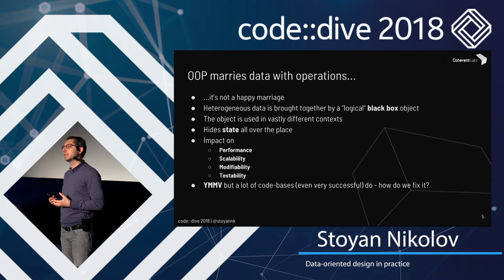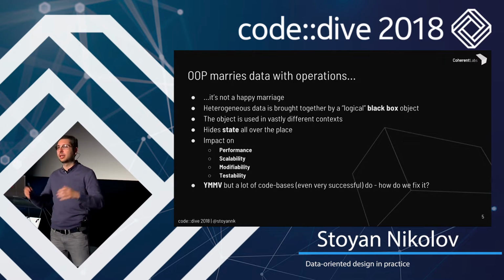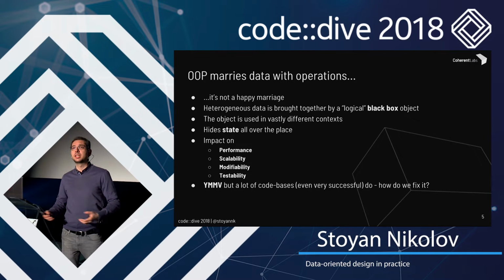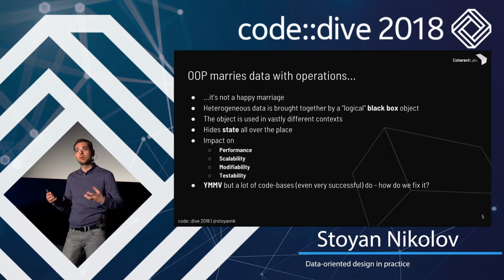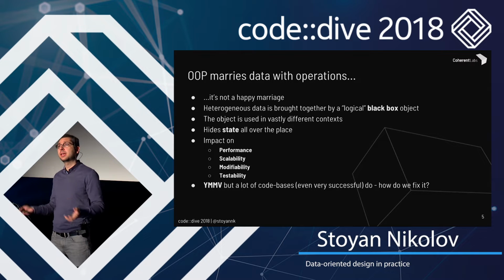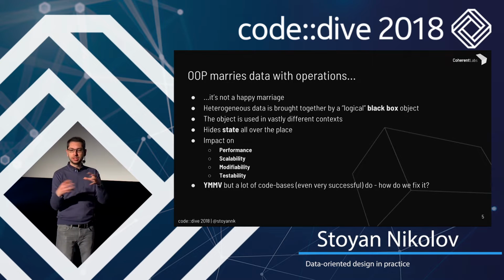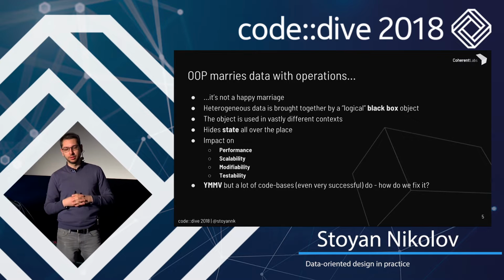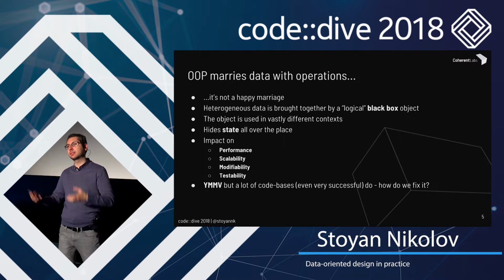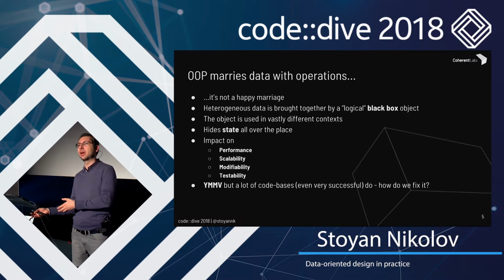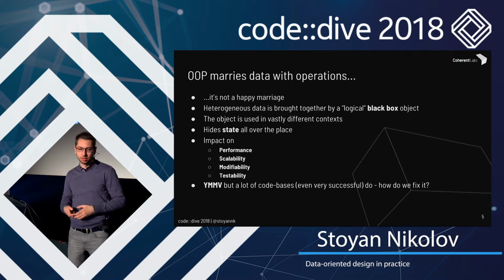So if we have an example from a game, let's say that we have an entity that is our enemy, and that enemy might be an object, but it has different data inside it. It all logically belongs to it, like it's a physics object, it's AI, and so on. So if you put it in classical object-oriented design, you'll have them bunched together in this object, but they will be used in vastly different contexts within your program. You'll be using it for physics, you'll be using it for AI, you'll be using it for rendering, and so on.